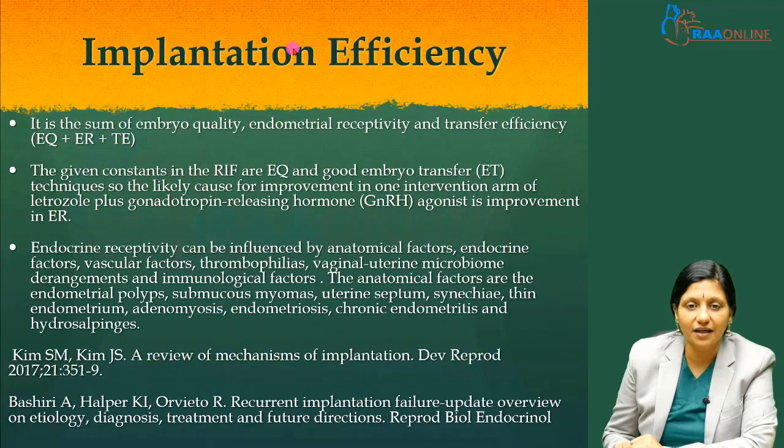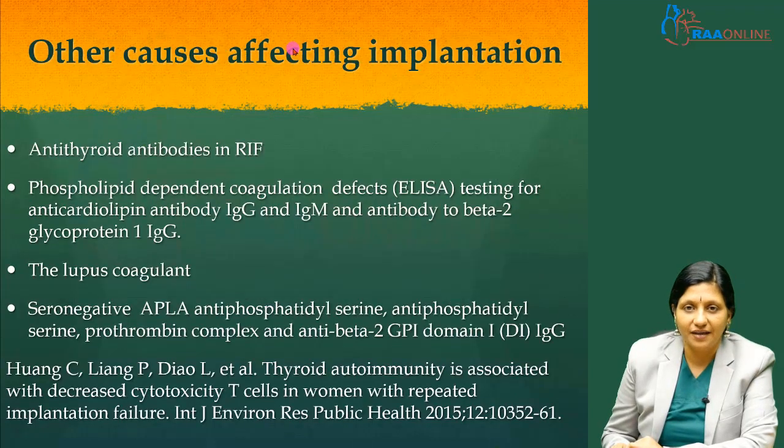Endometrial receptivity can be influenced by anatomical factors, endocrine factors, vascular factors, thrombophilias, vaginal and uterine microbiome derangements, and immunological factors. The anatomical factors are endometrial polyps, submucous myomas, uterine septum, synechia, thin endometrium, adenomyosis, endometriosis, chronic endometritis, and hydrosalpinges. Other causes affecting implantation include antithyroid antibodies,